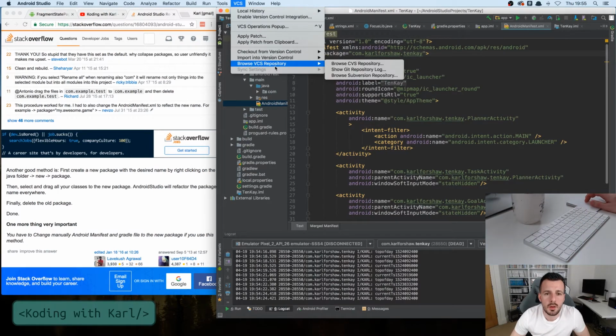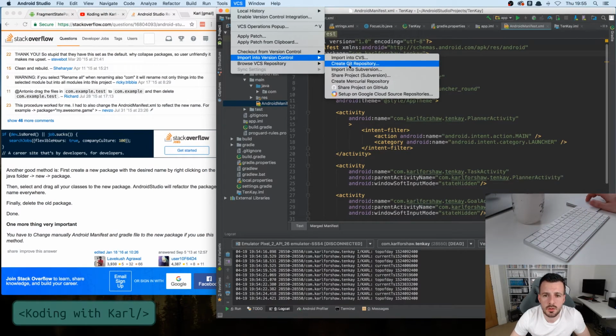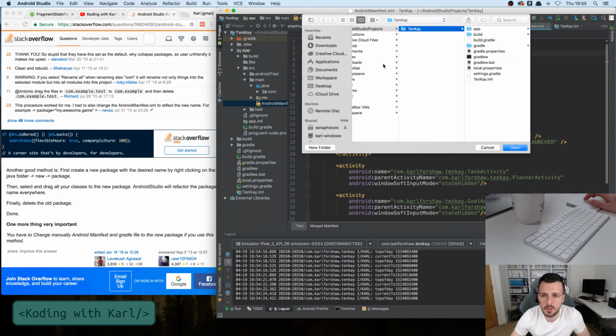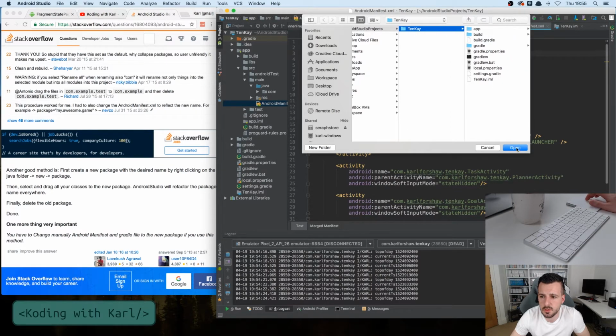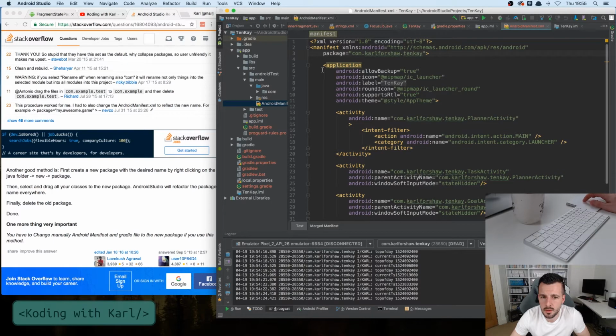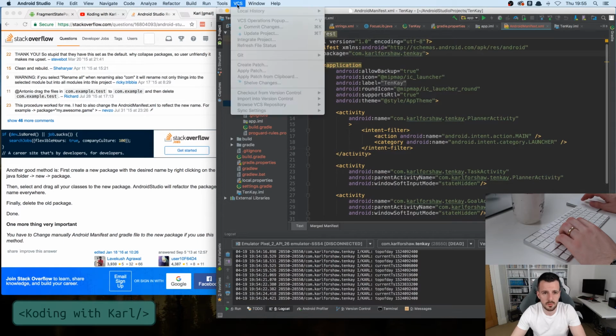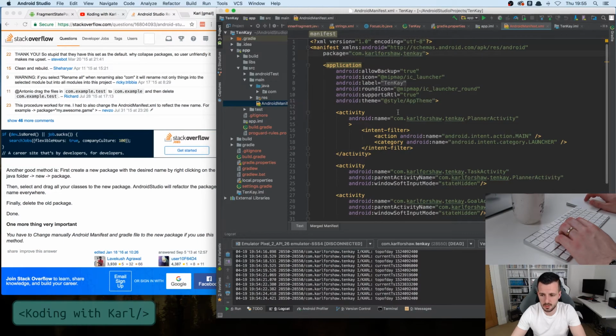So import into version control, create Git repository. And yeah, I want to do the whole thing this time. So this one. Okay. And then I want to do an initial commit, so I want to like bang everything into Git. VCS, nothing. Really? Nothing? Are you thinking about this, or